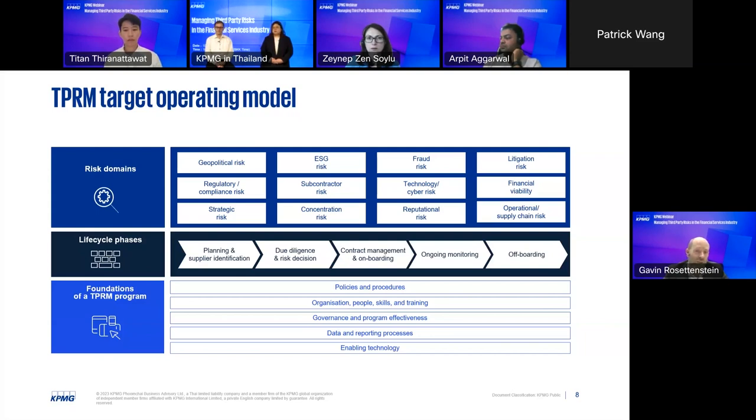And ideally, baking that into your contract to make sure that in the event of needing to move away and needing to offboard a supplier, you've got the appropriate guidelines in place, you've got the appropriate expectations in place, and you can get access to data or whatever is required or needed.